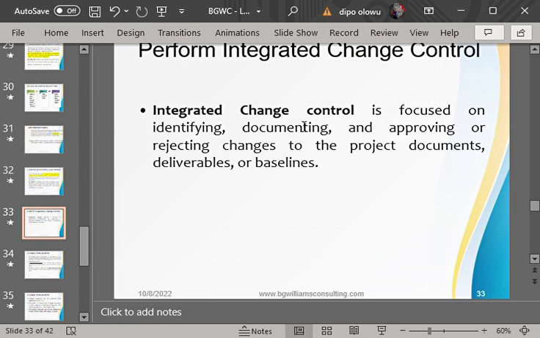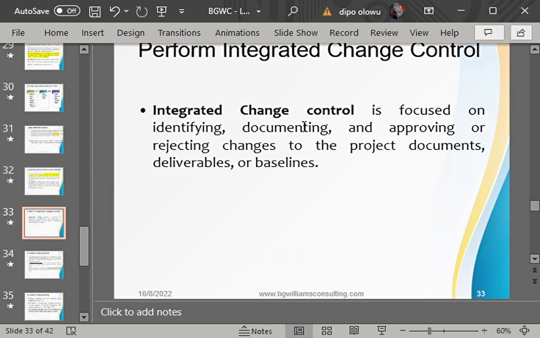Now, for the purpose of the exam, let me throw more light on the CCB. Take note, as I have said, the CCB, the Change Control Board, is responsible for reviewing and analyzing change requests in accordance with the change management plan for the project.